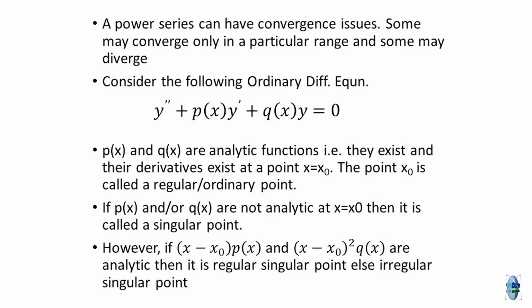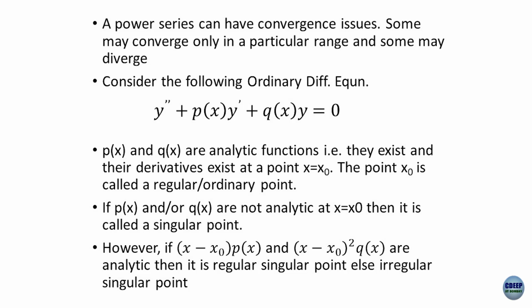So if you have a function p(x) or q(x) and you say that I am able to get the derivatives of this particular function and it is existing at a particular point, then you say that it is a regular point. However, if you say that the function is not analytic at x equal to some number x naught, then you say that you have a singular point. So we'll be looking at singular points and ordinary points, and